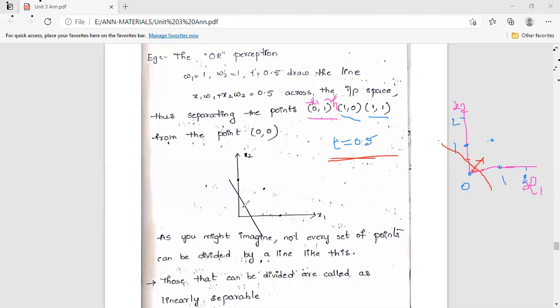This is also the same graph we have here. Above this line is one category of data points, or one kind of pattern, and below this line is another kind of pattern. This is the actual separation of the data points by using the perceptron concept.